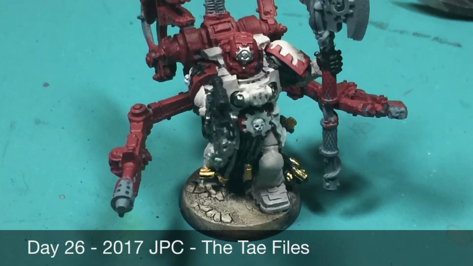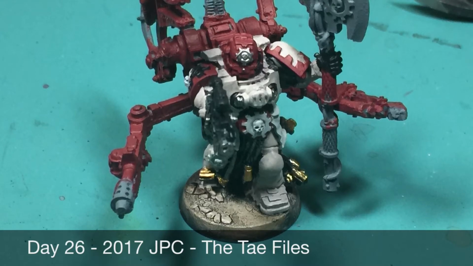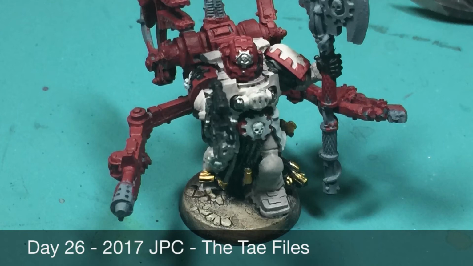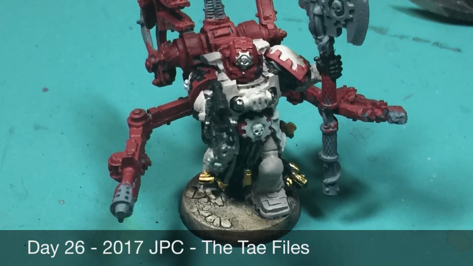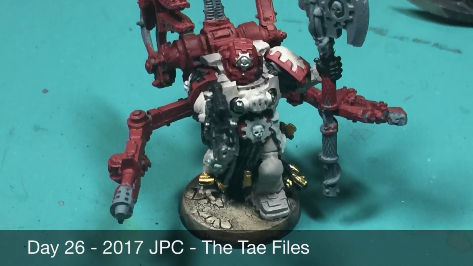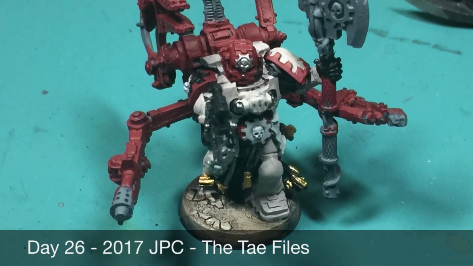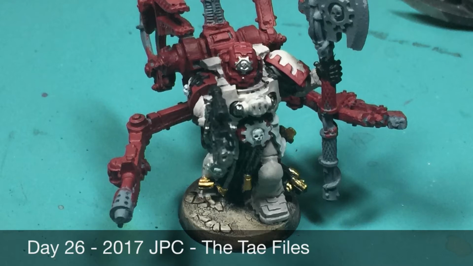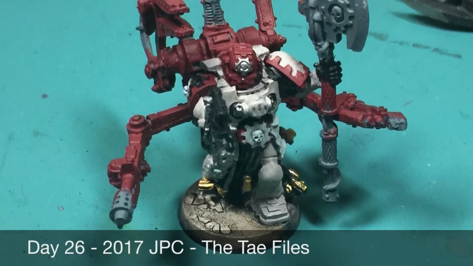And for today, I have repainted most of this guy's armor into the bone color. I decided that the red was a little bit too red. There was too much. There wasn't enough to make it interesting. And so I decided to paint the majority of his body armor and his shoulder pads in his chapter colors,